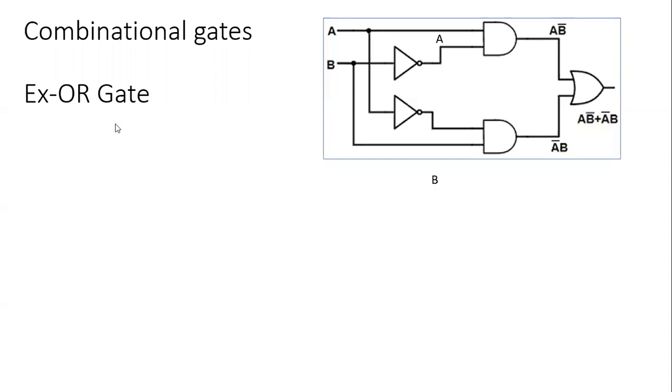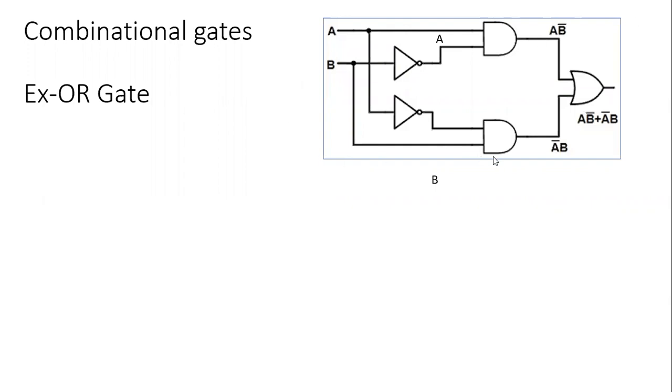Now here if you see XOR gate, you must have heard this term earlier also. For XOR gate, what we have done, we want the result to be A B bar plus A bar B. Based on how the gates are combined with each other, we get the result. If A is directly given to the AND gate and B goes through a NOT gate, that makes it B bar. The result, since AND gate means a product of two inputs, gives A B bar.